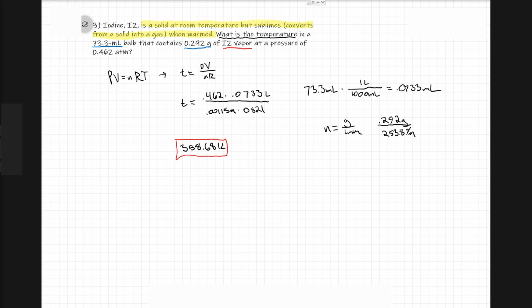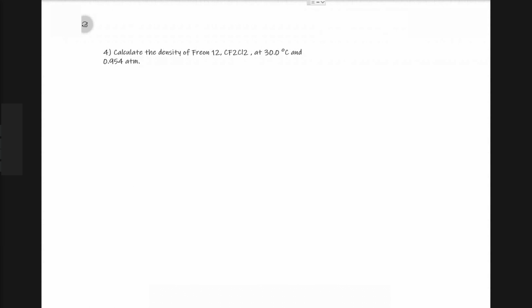Moving on, we have our next problem. Calculate the density of Freon 12, CF2Cl2, at 30 degrees Celsius and 0.954 atmospheres. For this problem, we need the version of our ideal gas law that includes density. So remember, I want to use black. Let me just go ahead and change the color. Okay, density